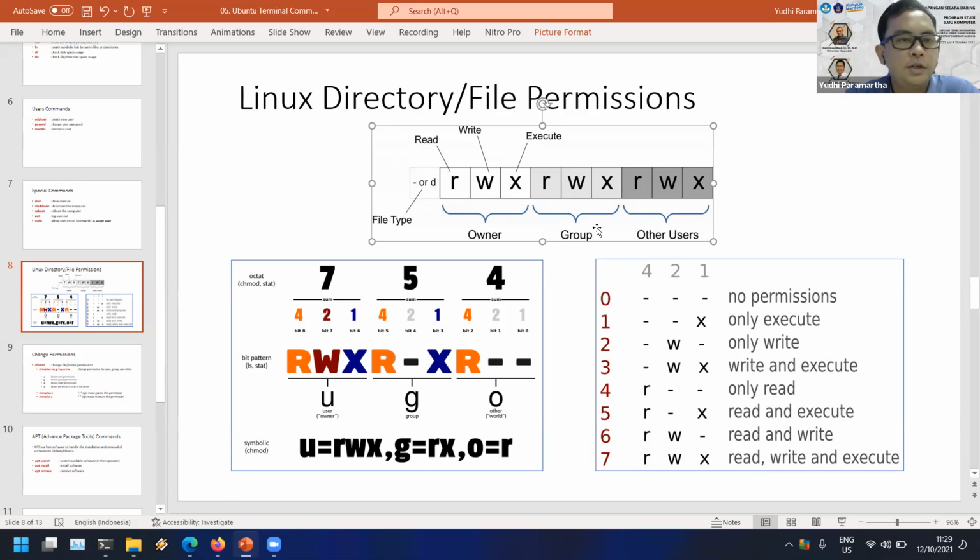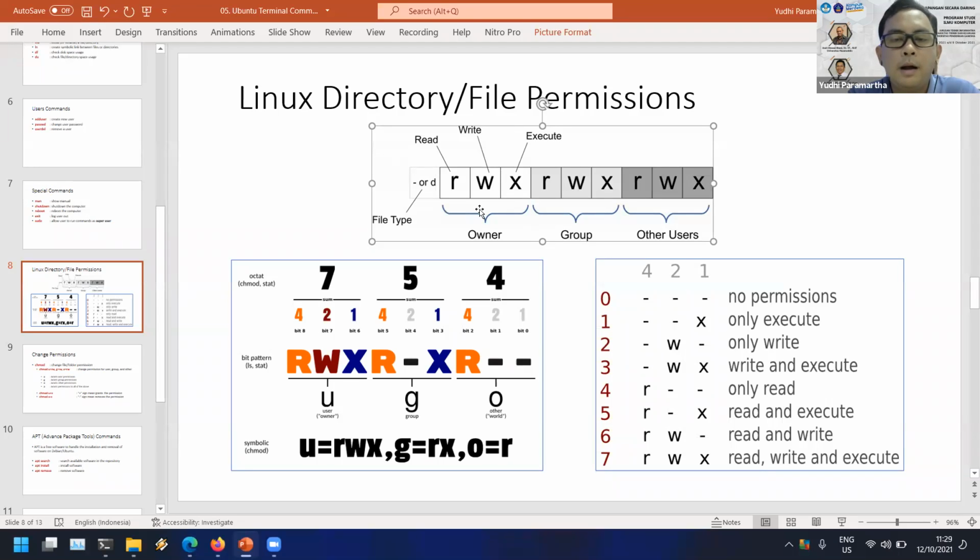Every one of you has a username, for example, your student number. Every user is the owner of their username. That's called the owner permission, so you can do anything in your account as a user or owner.